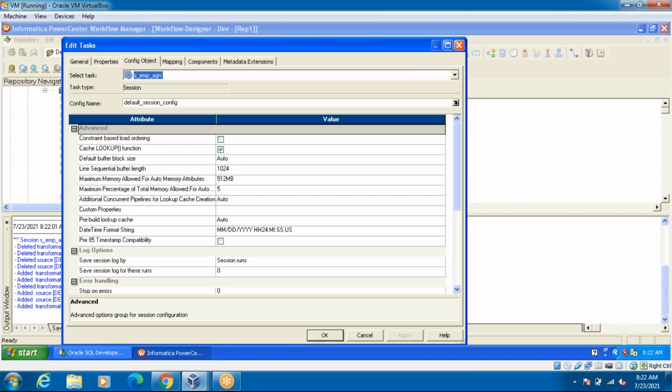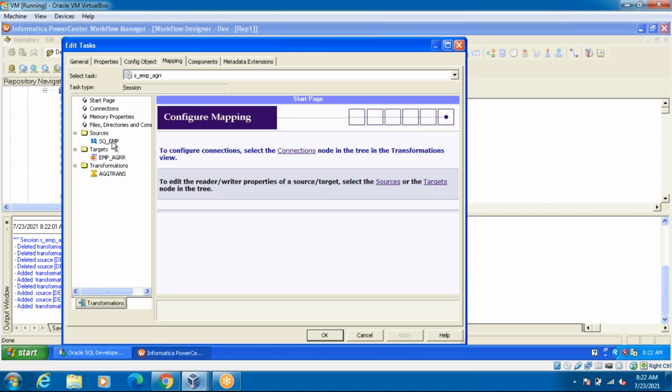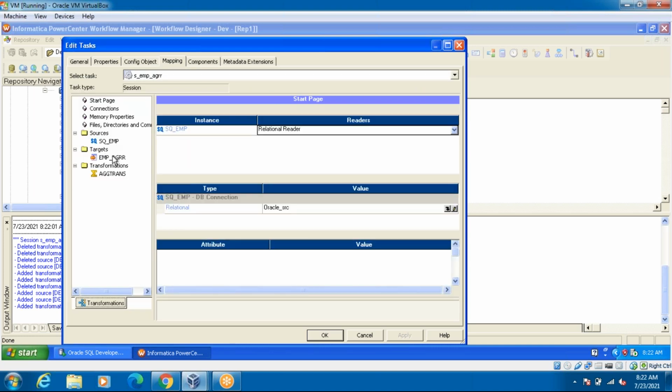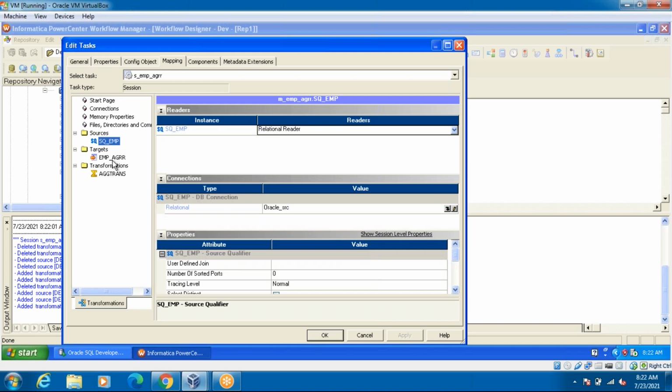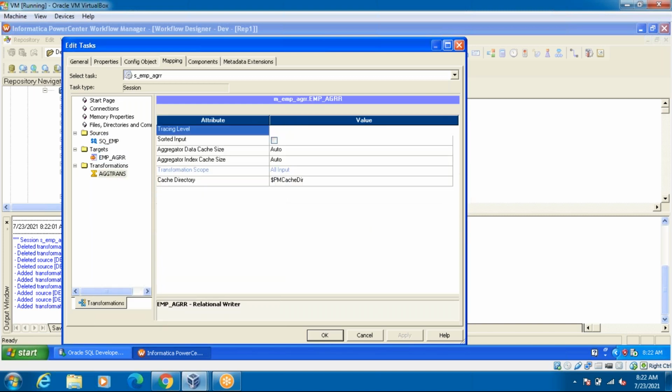What happened? Configurations, mappings, emp underscore aggr. Oracle source is fine. Oracle target is fine. The transformation is fine. Then why is it showing the error?